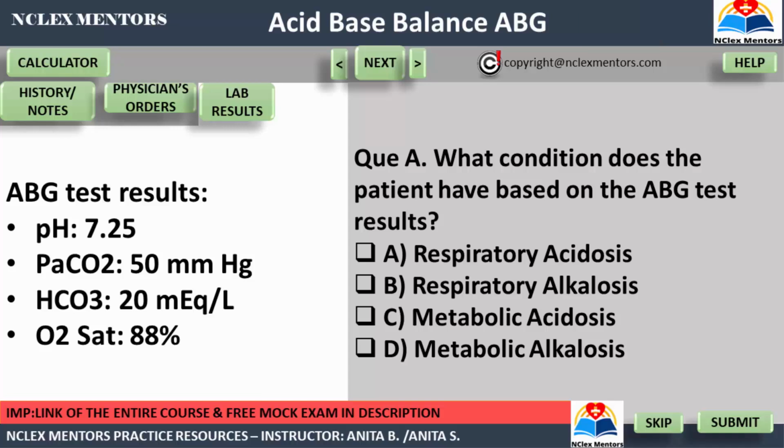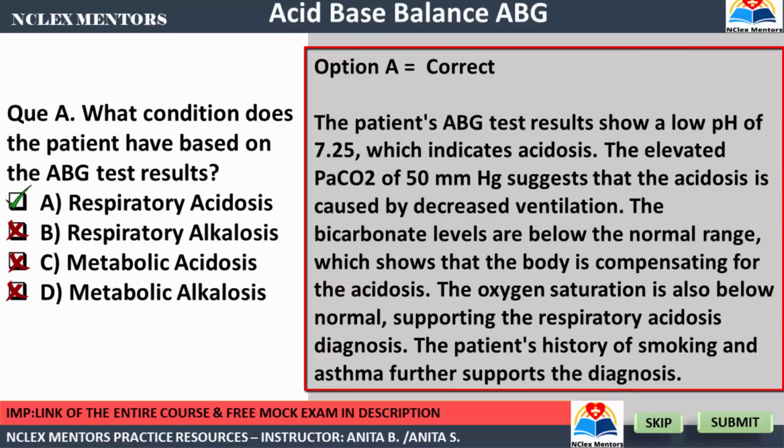All right, time's up. Let me reveal the right answer to you. The right answer is option A, or respiratory acidosis. The patient's arterial blood gas test results show a low pH of 7.25, which indicates acidosis. The elevated partial pressure of carbon dioxide of 50 millimeters of mercury suggests that the acidosis is caused by decreased